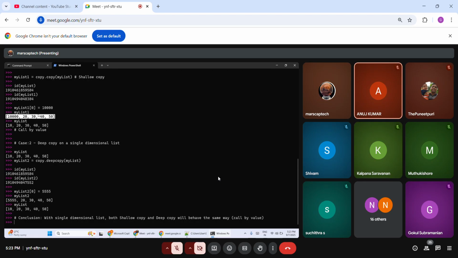Yeah, no problem. Guys, is that clear to all of you? How shallow copy and deep copy will behave with respect to a single dimensional list? In the interview, you should be able to confidently tell that shallow copy and deep copy will behave the same way on a single dimensional list, which is call by value. Original data structure is there, copied data structure is there. You do certain modification on the copied data structure, that will not get cascaded back into the original data structure for shallow copy and deep copy in a single dimensional list. Any doubts, any questions on this? All good?